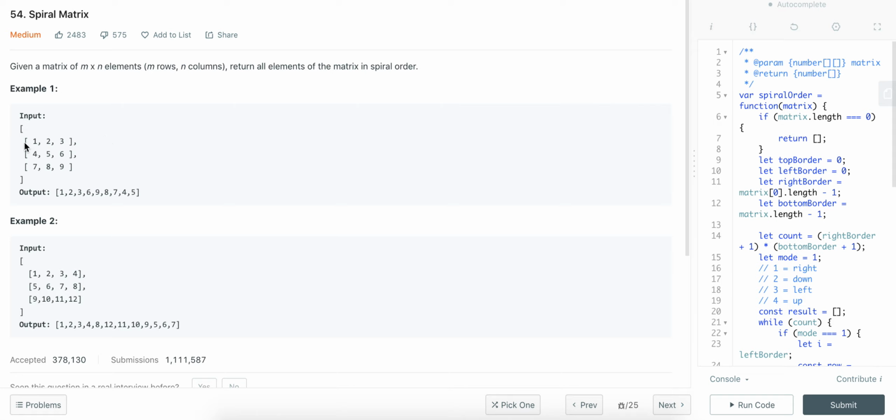So first you want to go like the first row, and then you don't care about the first row anymore, right? Then you go down, and then you don't care about the last column anymore. Then go left, and then you don't care about the last row anymore, and so on. Just go up and then go right again. So if we think about it as